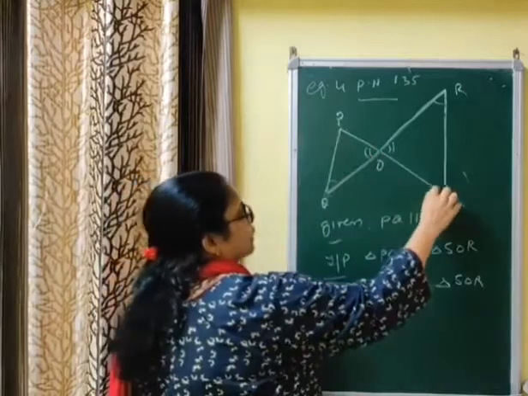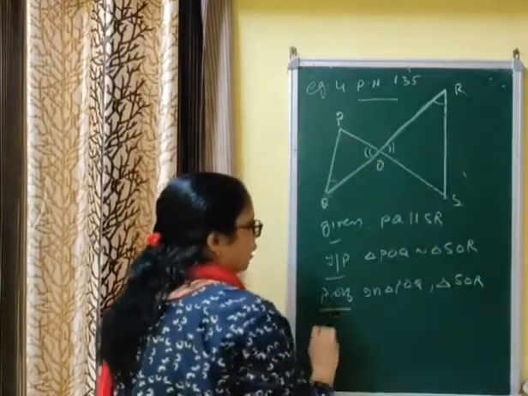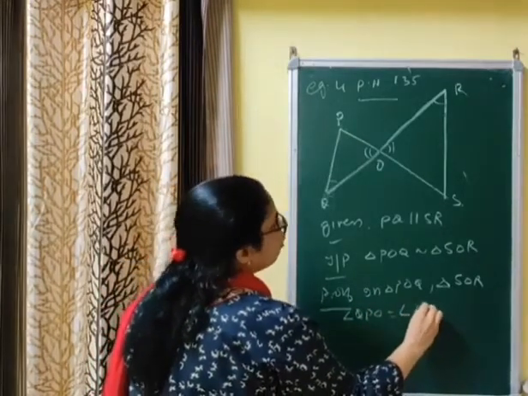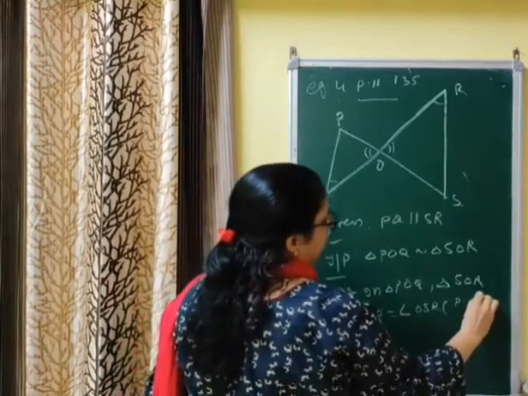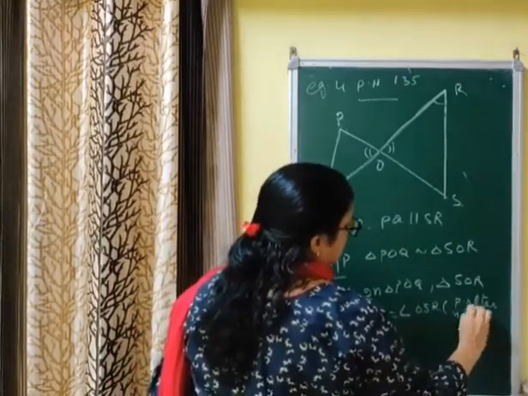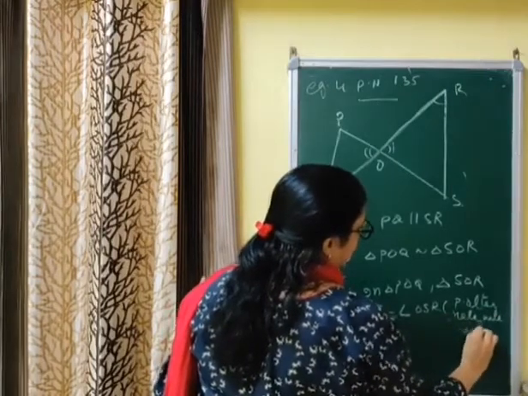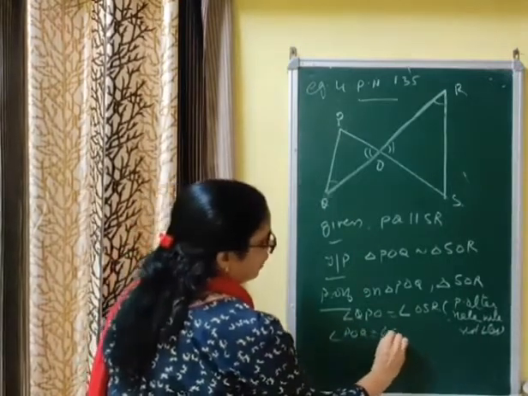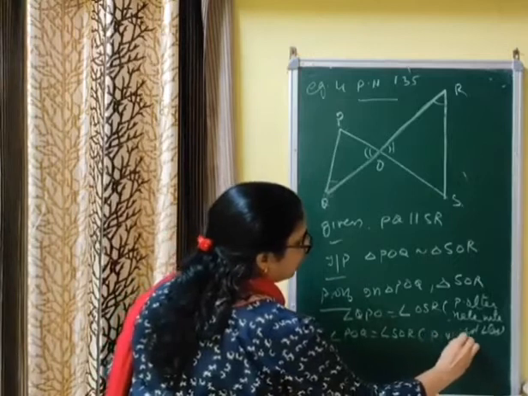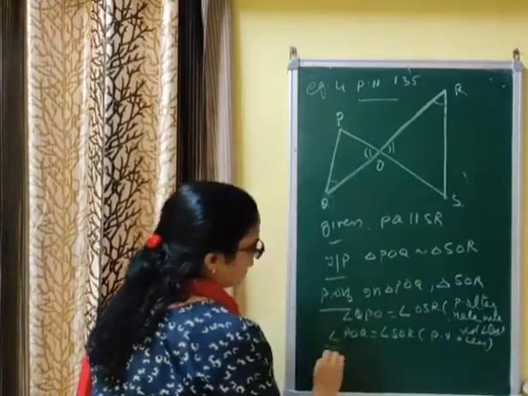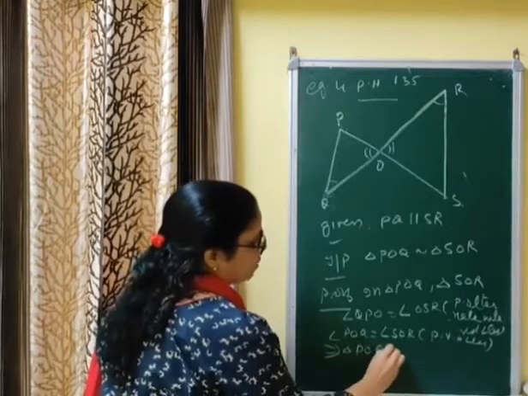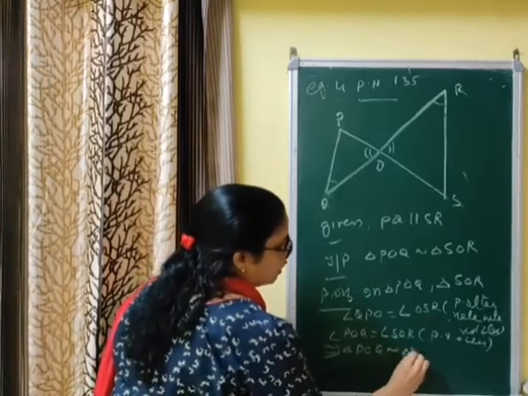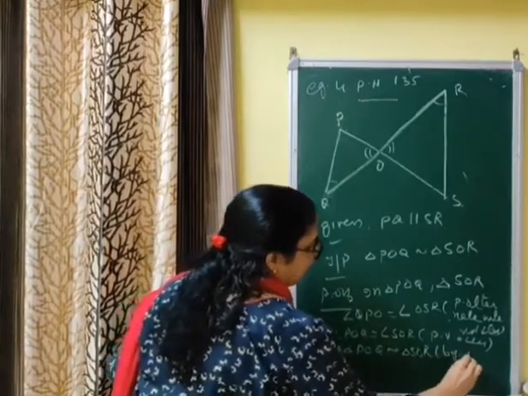Here P के साथ S आना चाहिए, Q के साथ R आना चाहिए, तब alternate angle आएगा. Angle QPO is equal to angle OSR, pair of alternate interior angles. Again, angle POQ is equal to angle SOR, pair of vertically opposite angles. That implies triangle POQ, two angles equal हो गया. That means इसको क्या पढ़ते हैं? Similar. That is, triangle POQ is similar to triangle SOR by double A similarity.